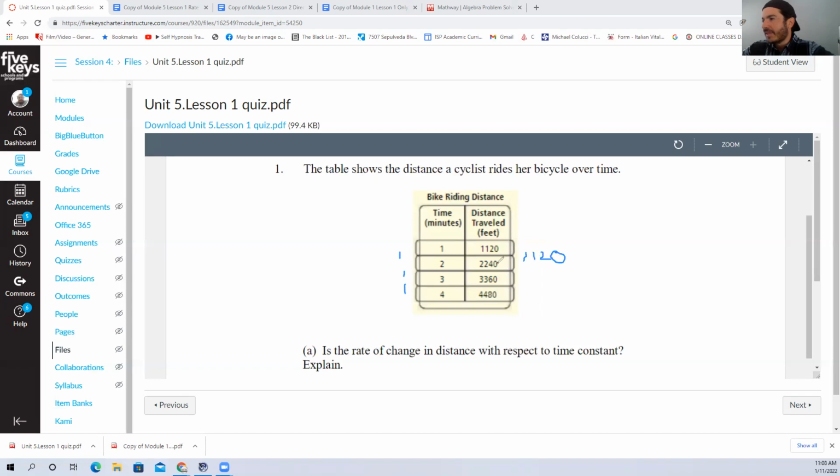If I add this to that, I get 0.633. Great. So that's also a change of 1,120. If I add this to this, I get 2,240. If I add this to this, I get 3,360. If I add 1,120 to 3,360, I do get 4,480. So yes,